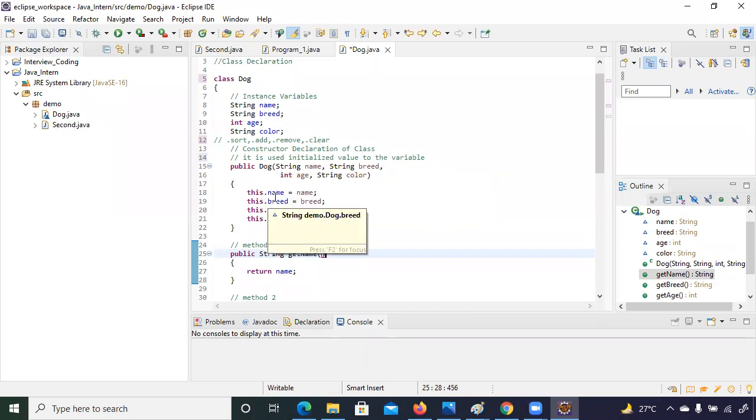Now the question is, why do we require that? It might be possible that you are using this name, breed, age variable in another function as well. Suppose you create a user defined function and you are using them there as well, right? So in order to make a distinction, we use the this keyword, which gives an idea to the compiler that the name, breed, age, color variables belong particularly to this class, not any other class.